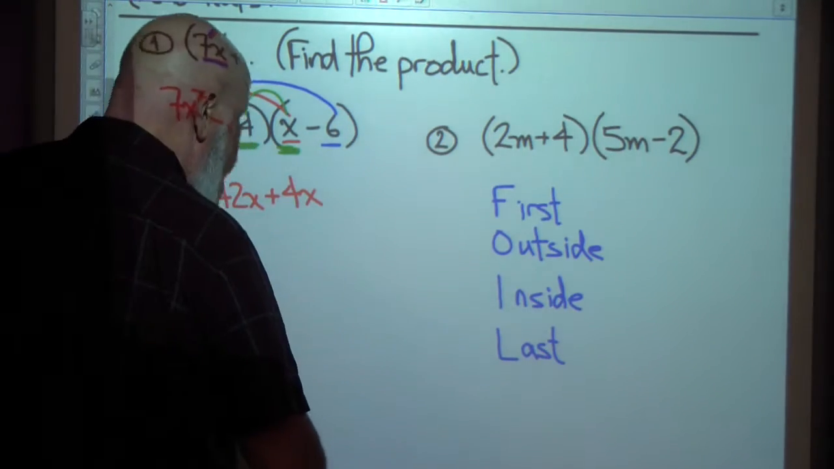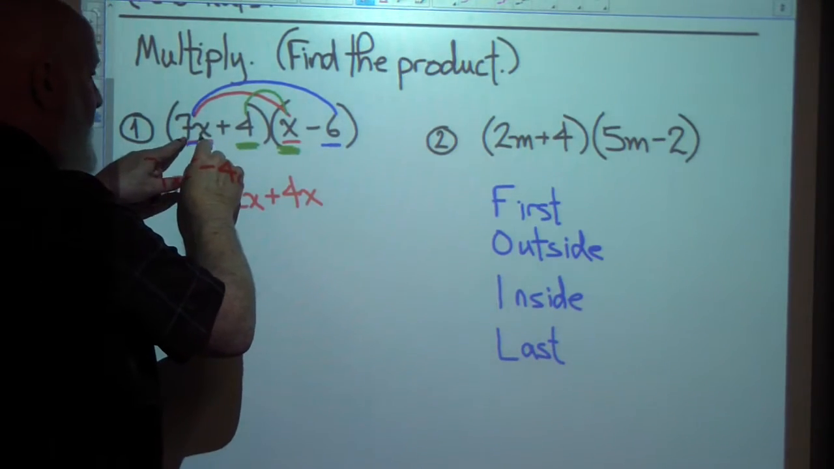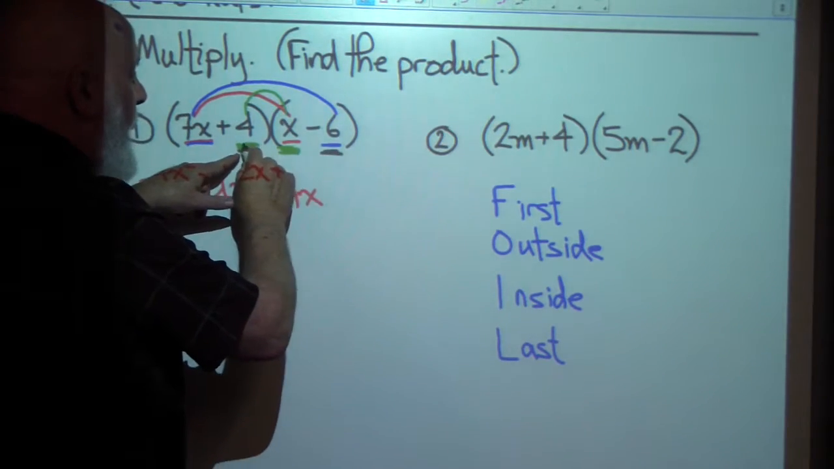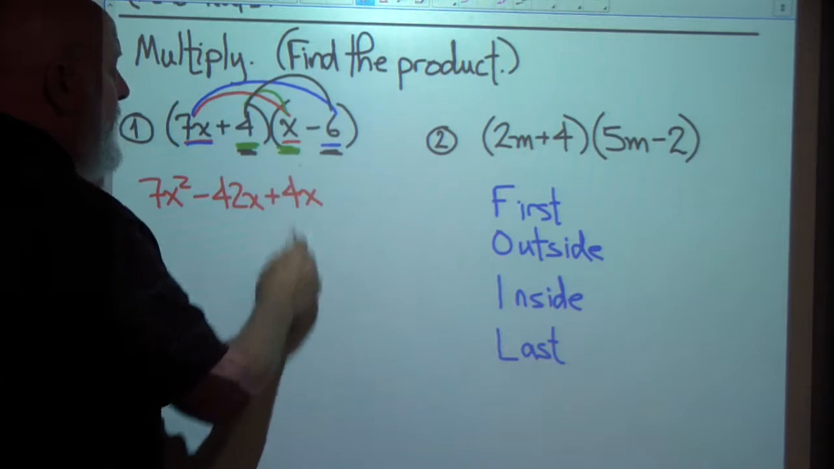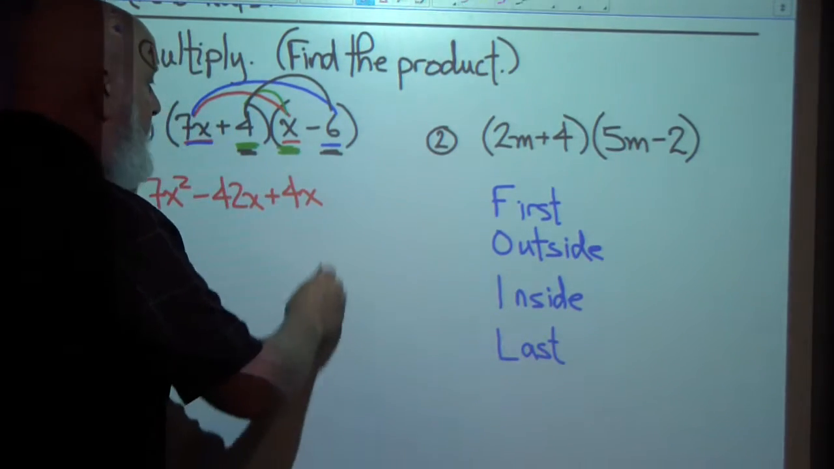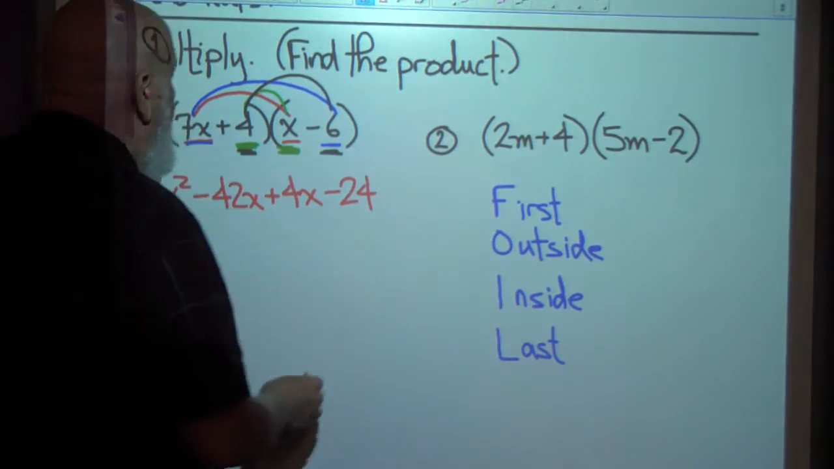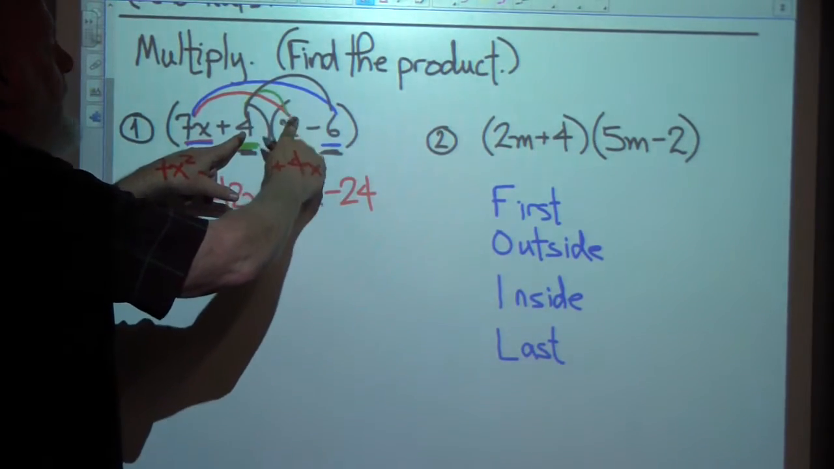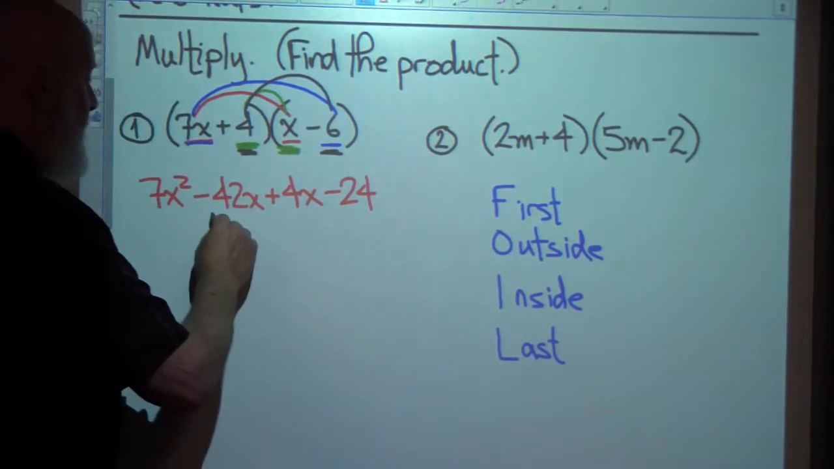And last, the last one in each set of parentheses. Well, here's two. There's the first one. This is the last one. I'm going to multiply this one by this one. 4 times 6 is 24. One of the numbers is negative, so the product is negative. So 7x squared minus 42x plus 4x minus 24, and then we combine like terms if there are any, and